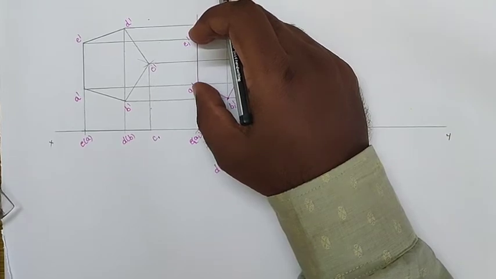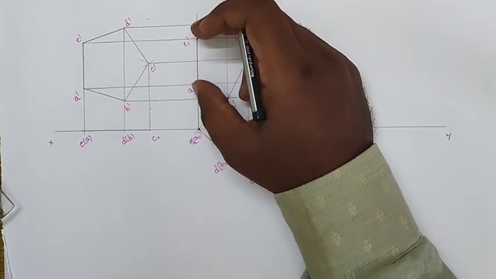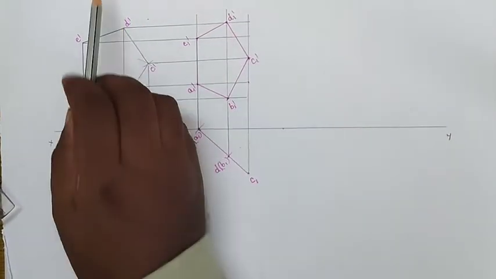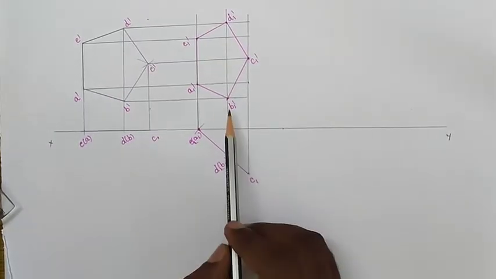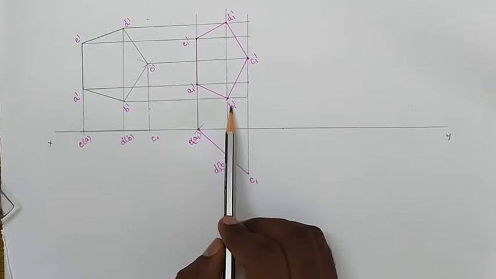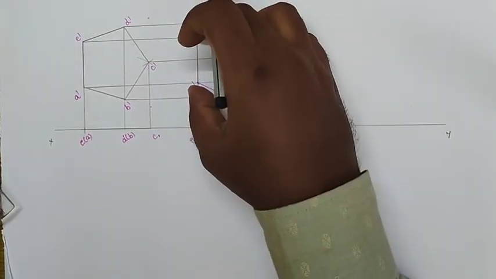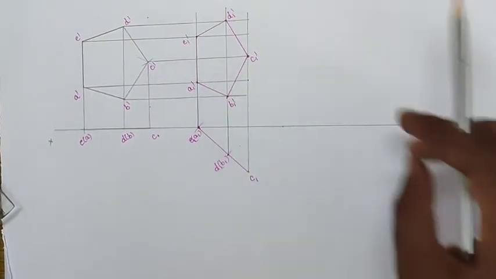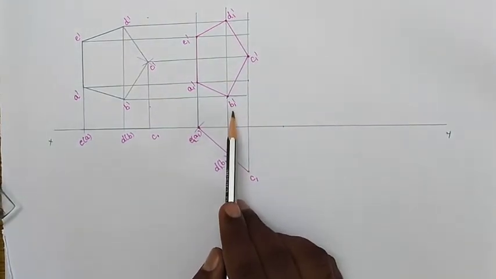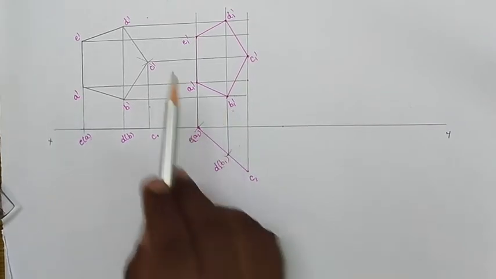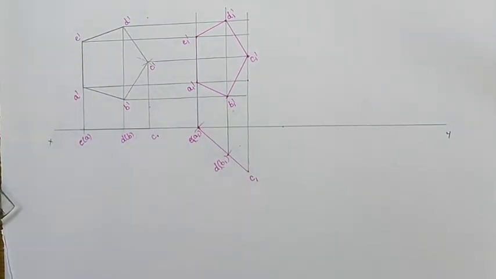That side inclination is 30 degrees to the HP, and they are giving the corner B. Whenever you tilt the A1 dash and E1 dash side with an angle of 30 degrees, you can project that point B dash. The corner B is 15 mm above the HP. So you can tilt it like that. First of all, I am drawing a corner here.